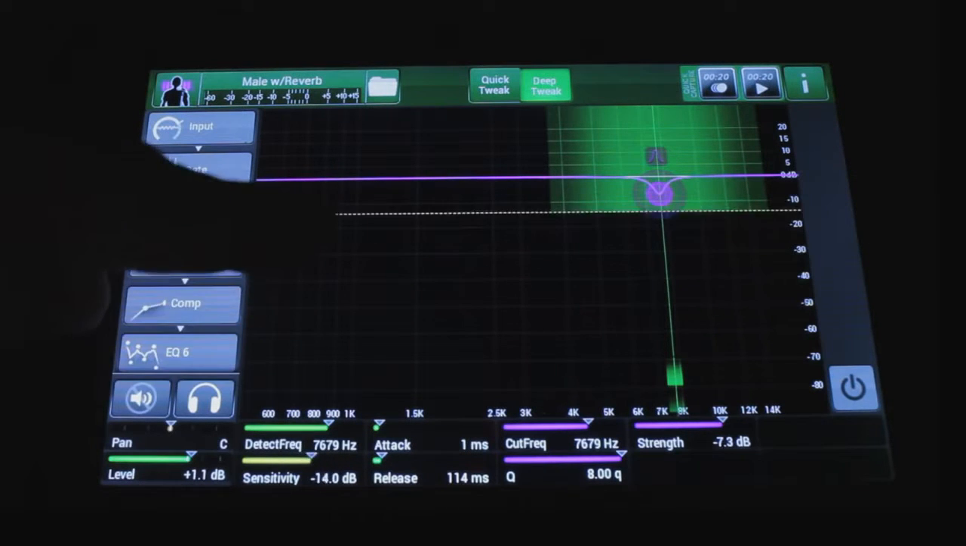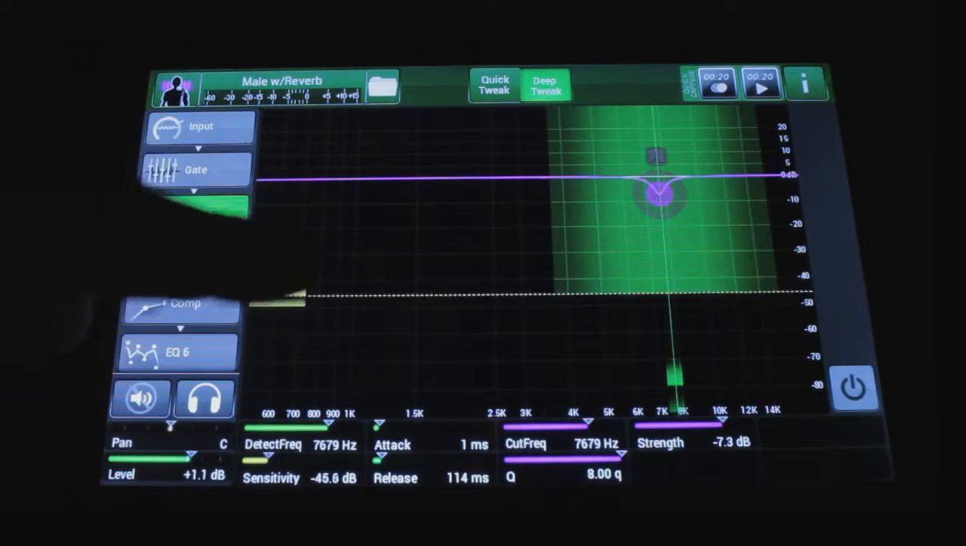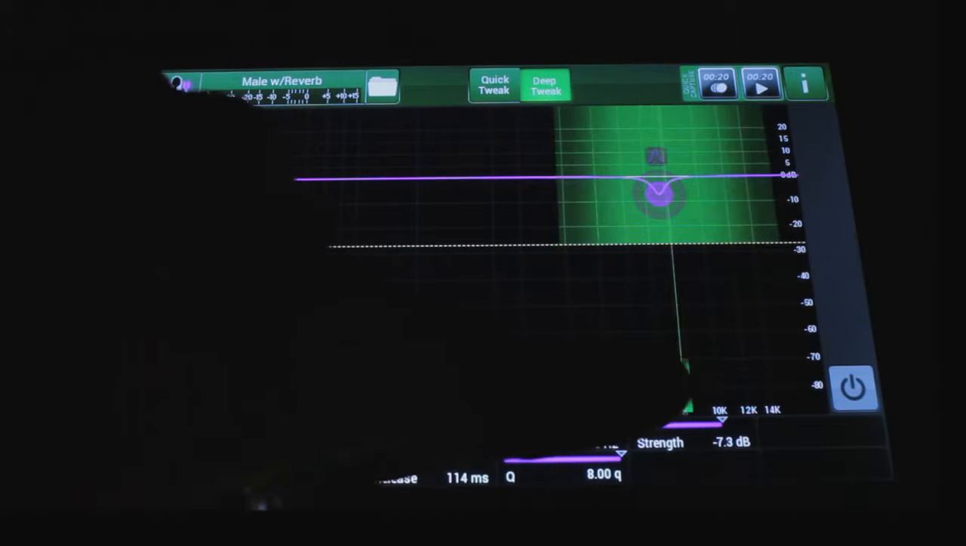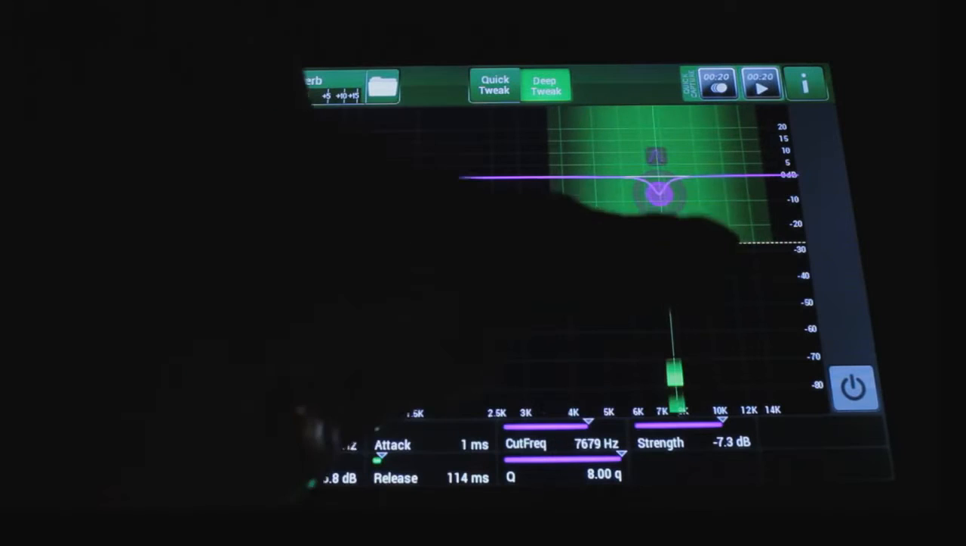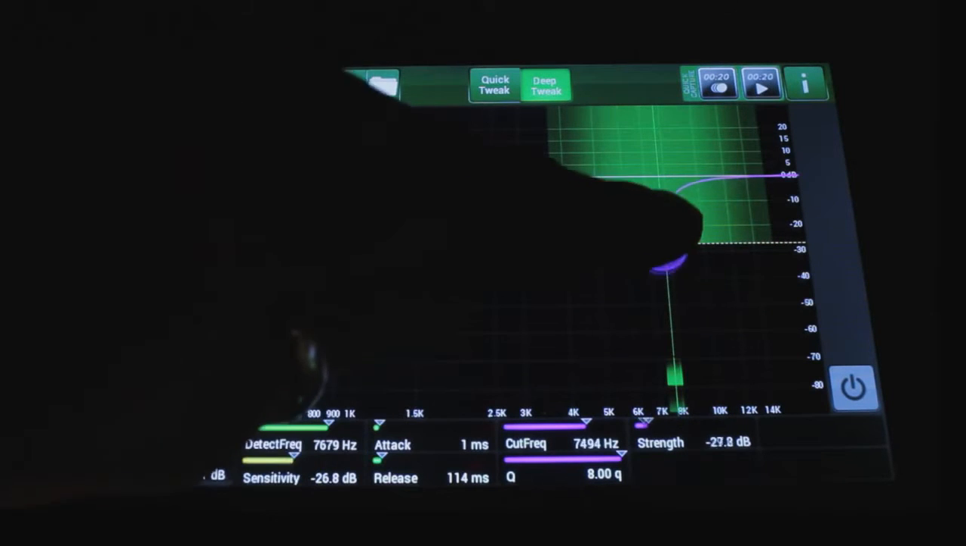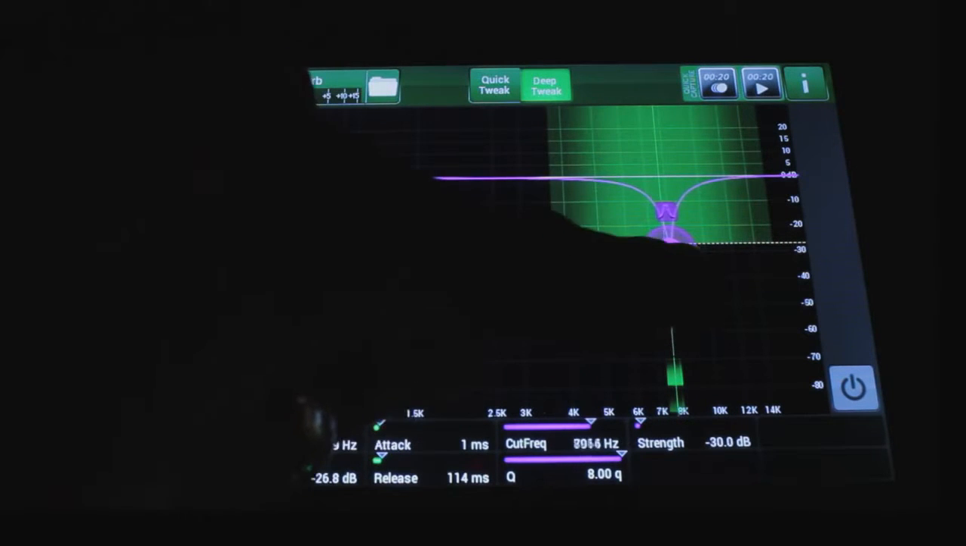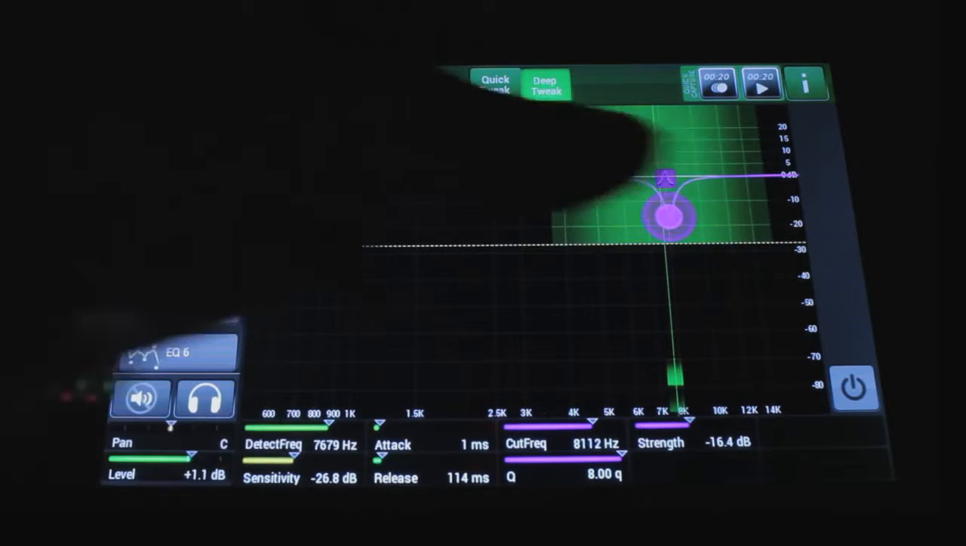This is the point at which it will start removing those S's in level. This is the primary detection frequency, which is that green line. And this guy here is the removal. So you're seeing the amount of cut, you're seeing the bandwidth, and you're seeing your frequency. So if we listen to a vocal here,